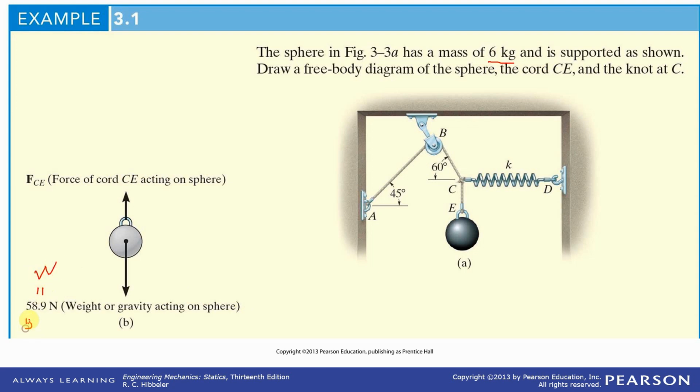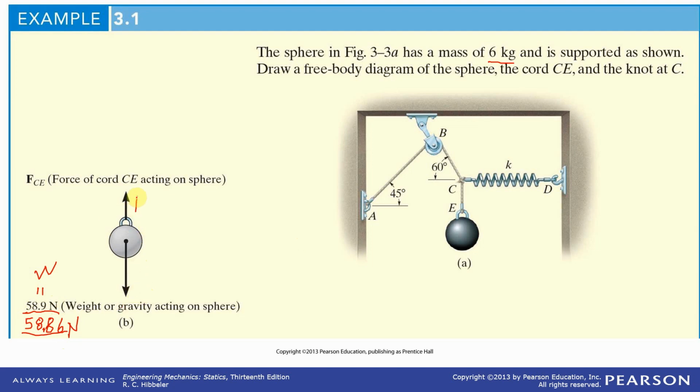The actual weight is 58.86 newtons. This is the number you'd store in your calculator memory. Be exact when you're storing it in the calculator memory. This is just to write it on paper and round it. Don't write this down on a piece of paper, then enter it in the calculator as an intermediate computation. So that's the force on the sphere,